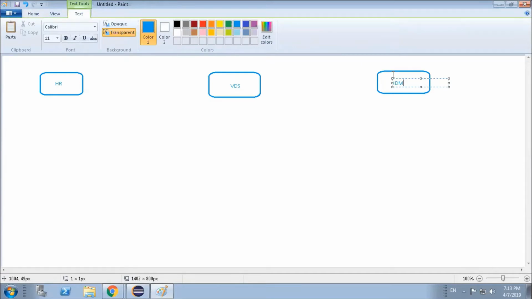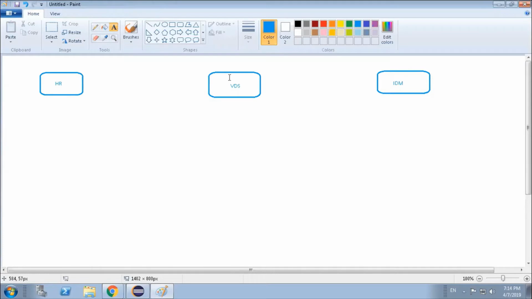So what is this VDS system and why is it required? It is the LDAP interface between identity management and the HR system. The interface is needed because in the HR system we have various different data storing procedures.